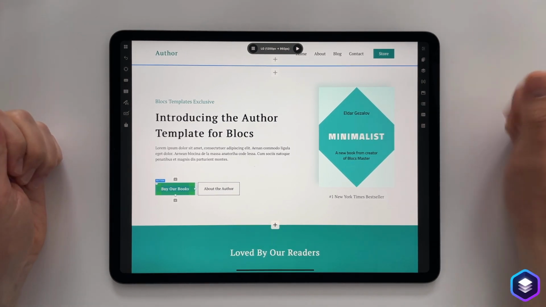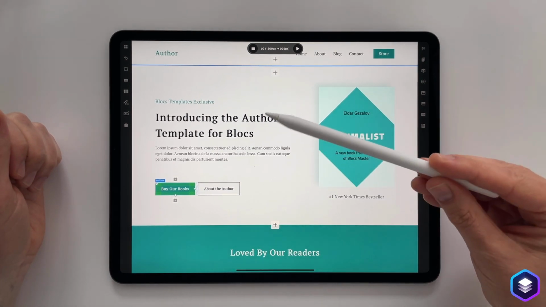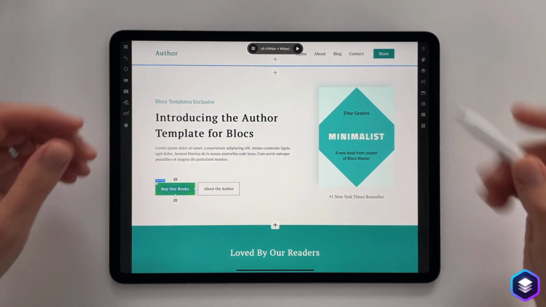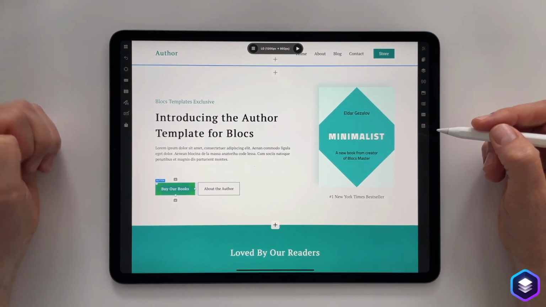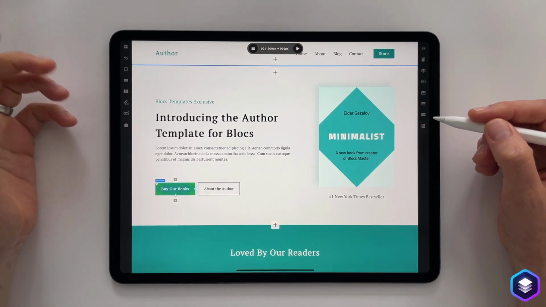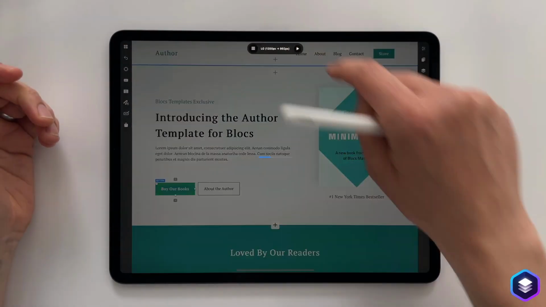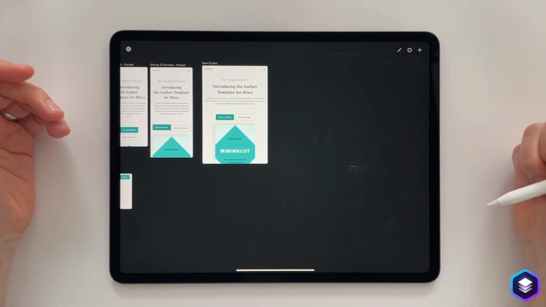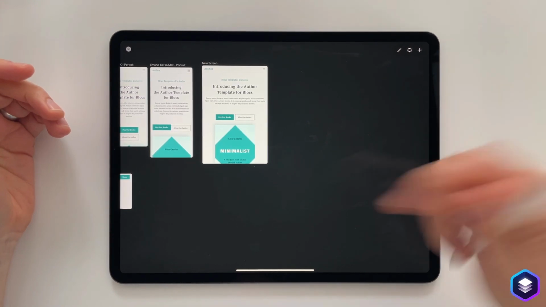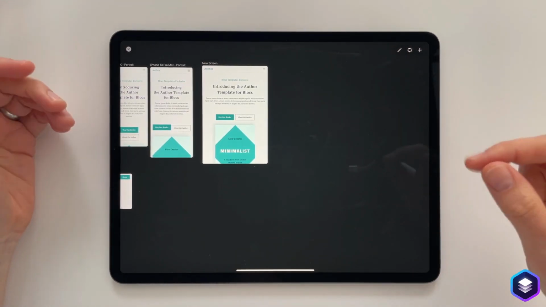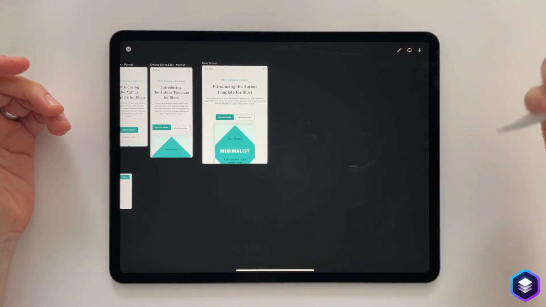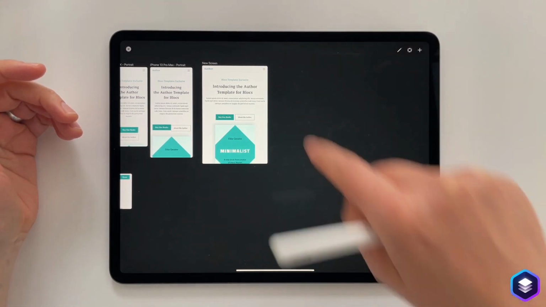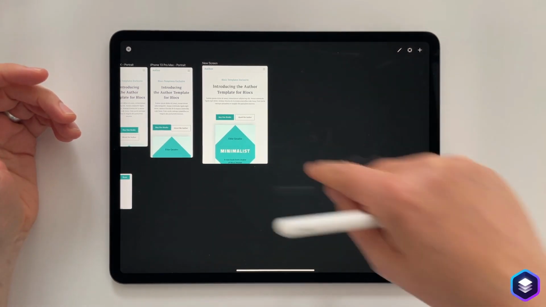So now we'll talk about Apple Pencil. I know some people mentioned Apple Pencil earlier on. Blocks has some features that take advantage of Apple Pencil. The first one we'll talk about is back in preview mode. If I go over some blank space, when I want to add a view at a custom size, usually if I don't have Apple Pencil, I'd have to touch the pencil button and drag it out to create the size that I want.